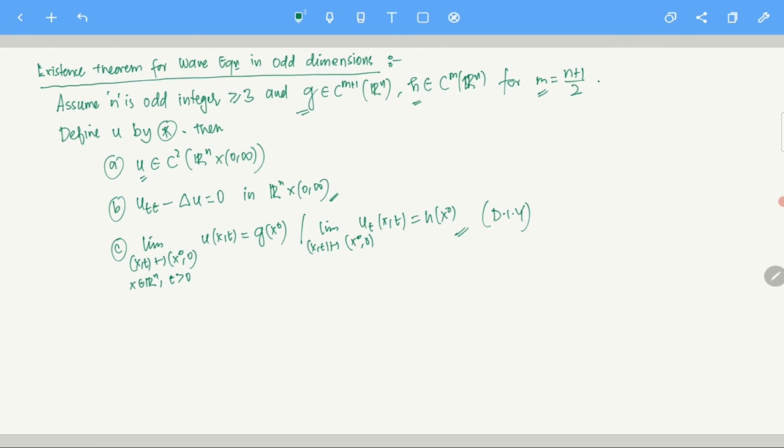Okay, so let's first of all find whether u is C2 or not, and whether this satisfies this equation. See, if u is C2, if let's say u satisfies this equation, u_tt minus Laplacian of u equals 0, of course that second derivative exists, and we have to just show that they are continuous. So let's do that. So proof.